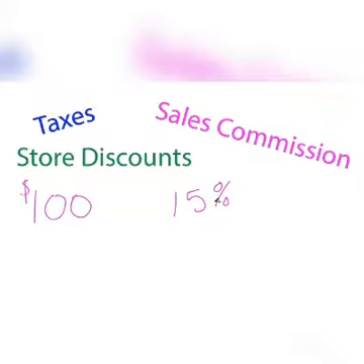In that case, how much would you earn? Well, if you're making 15% on every 100, that means out of 100, you get 15. So since there are $100, you would earn